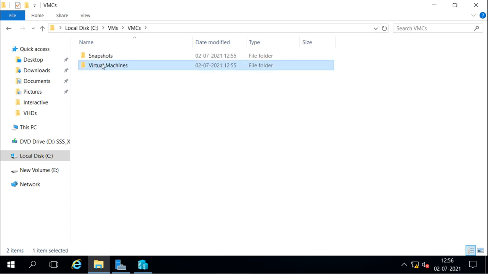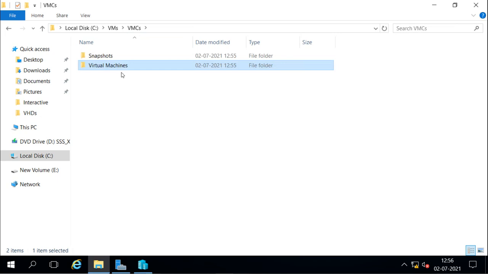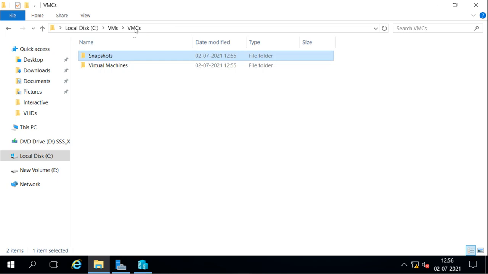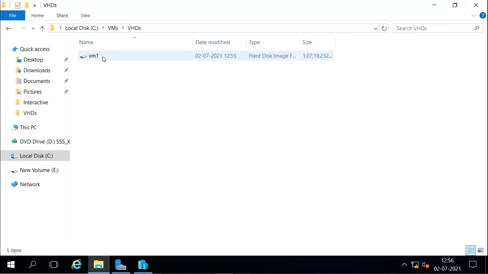When you delete any virtual machine from the system, it only deletes the virtual machine from Hyper-V. It deletes the configuration files, snapshots and everything, but it does not delete the hard disk. The hard disk will still be there, and you can use this hard disk to create a new machine. You can connect this hard disk to another virtual machine. You create a new virtual machine with this hard disk, and your machine will be recovered.